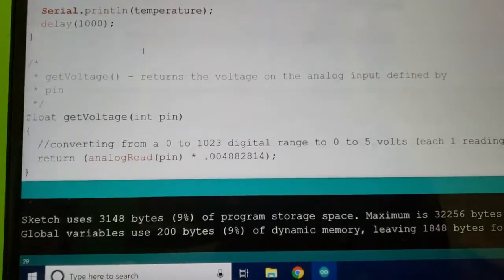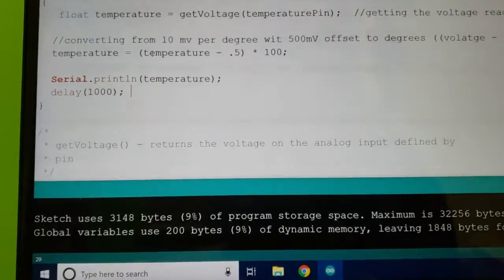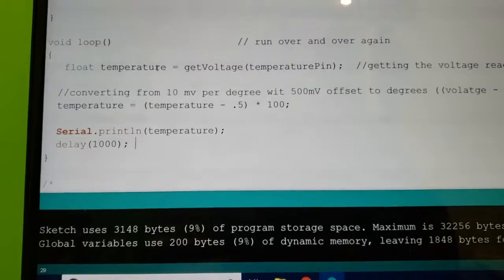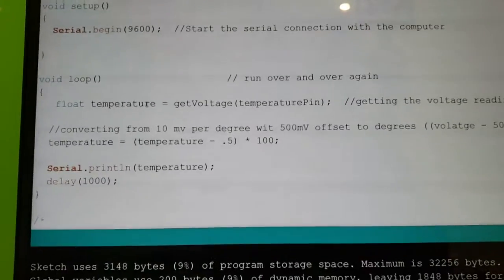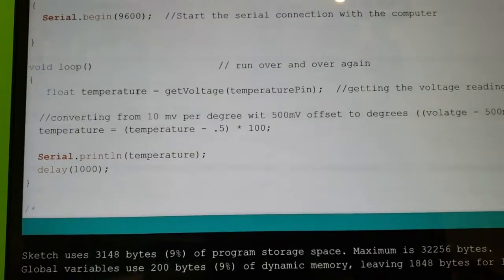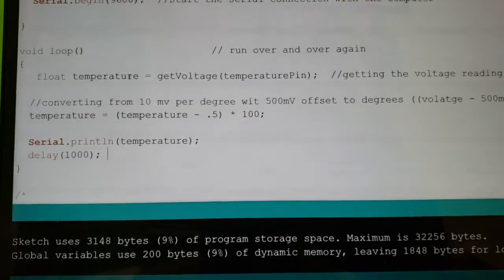So that's the way that it calculates the voltage itself. Then it returns it over here, and then it gets its temperature. Temperature is going to equal temperature minus 0.5 times 100,